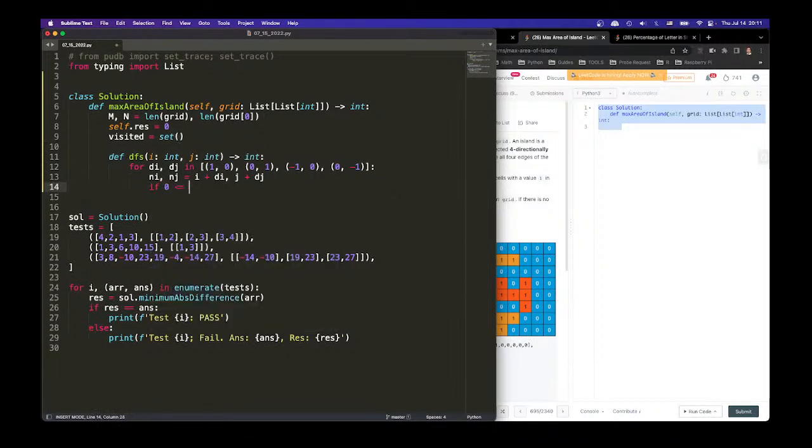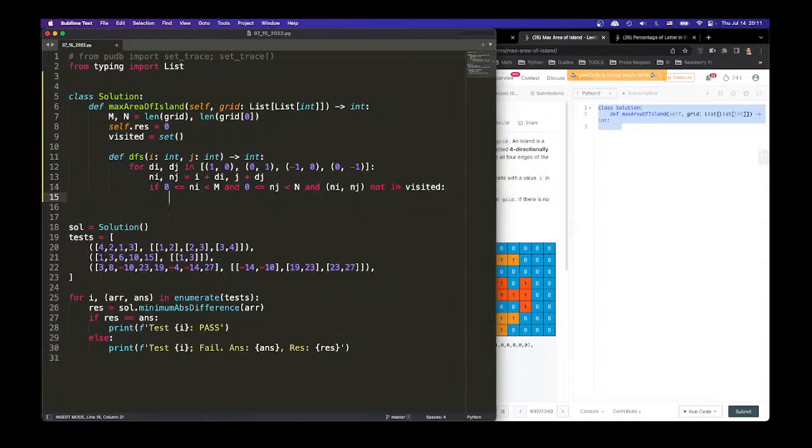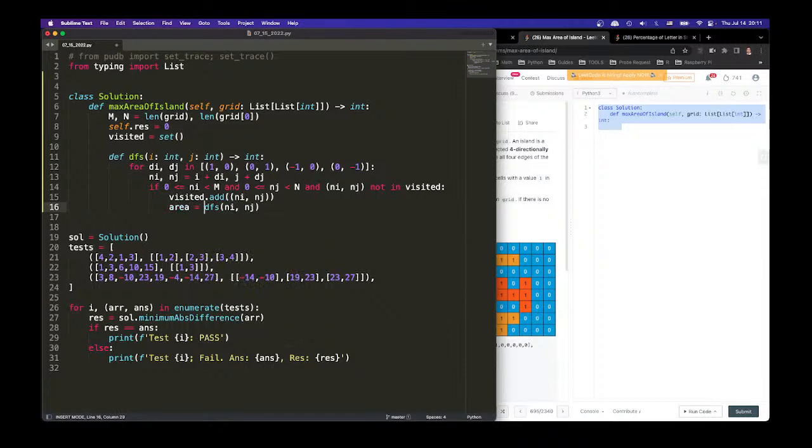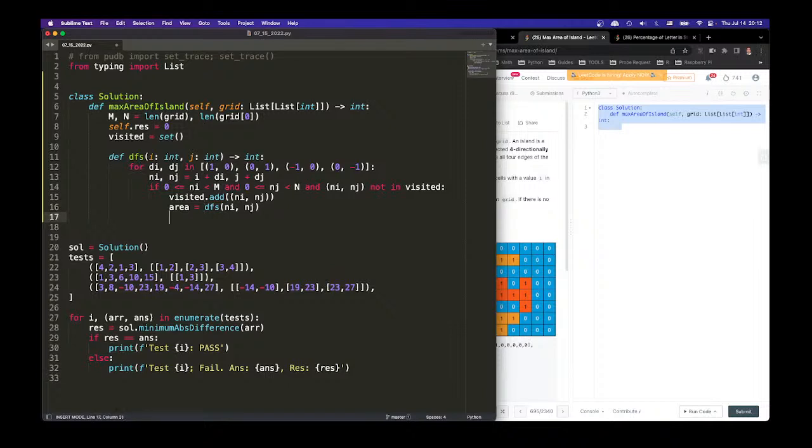If 0 is less than or equal to ni less than m and 0 is less than or equal to nj less than n and ni and nj not in visited, I'm going to add ni and nj to visited and then dfs ni and nj, and this one should return an area, right, which is connected from ni and nj. We find the largest, right, and then for me,